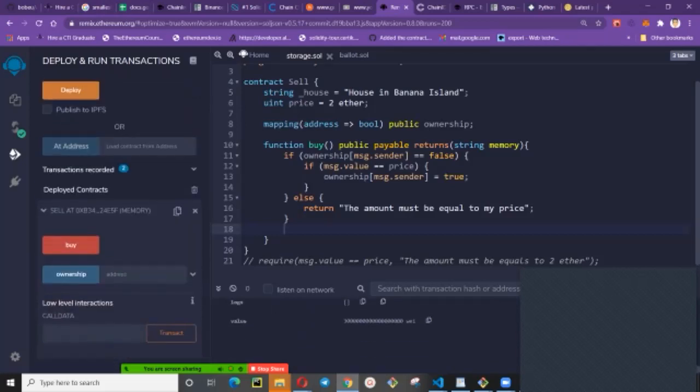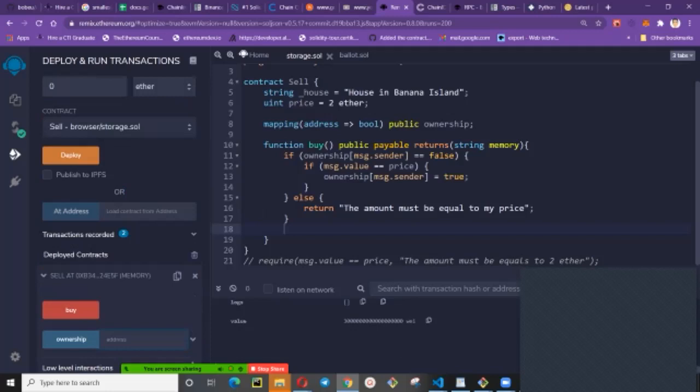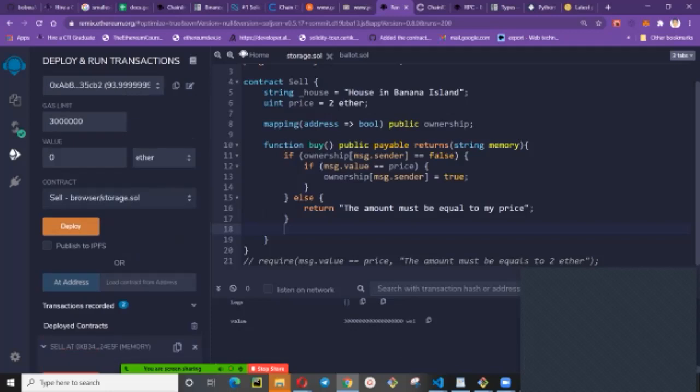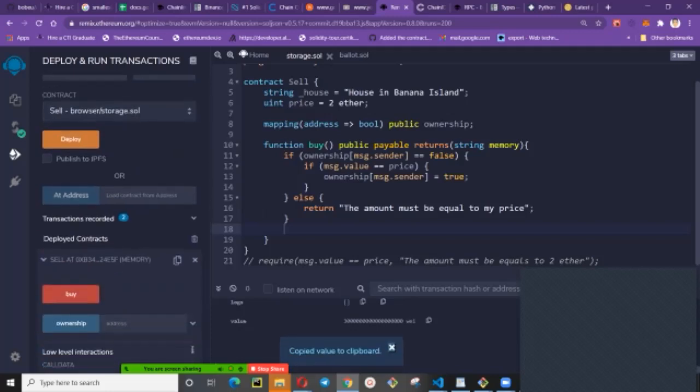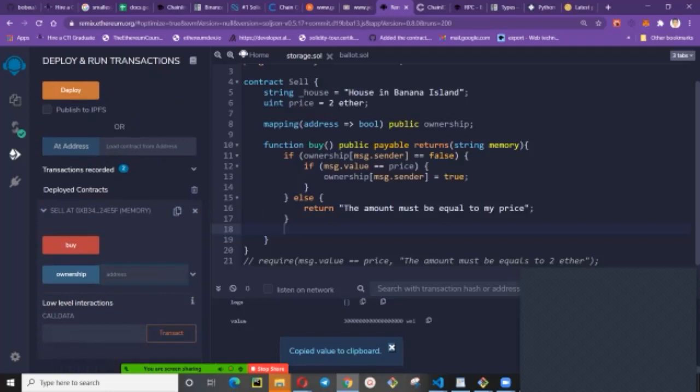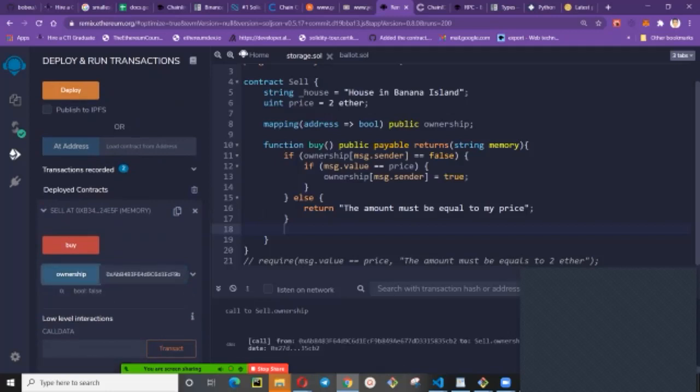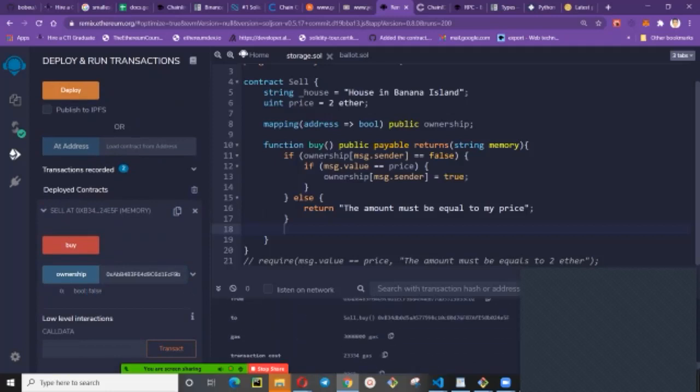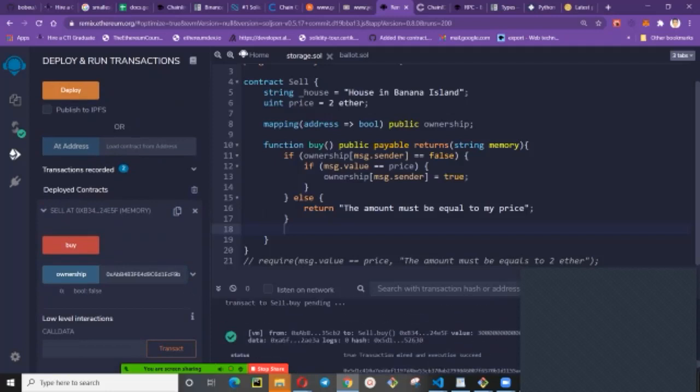But if you check that address, the address that tried to buy with 3 ETH, it shows false. It will not become the owner. It's showing false that it is not the owner, but in the initial state, the transaction went through because it shows green. That's the difference between if statement and